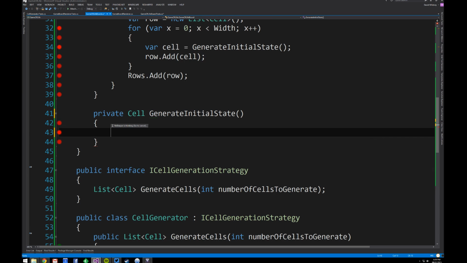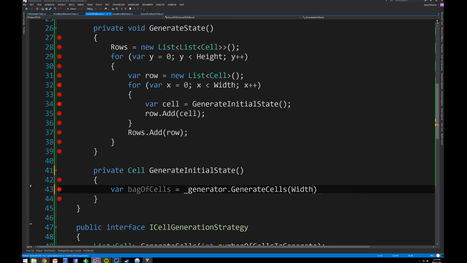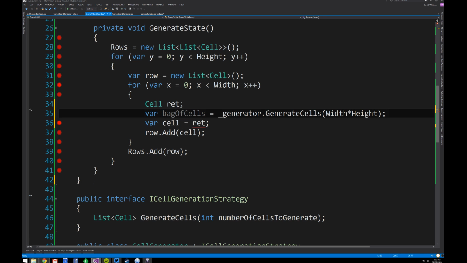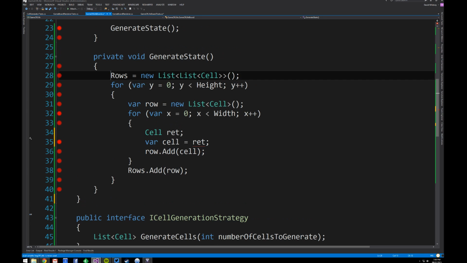I want to say generate cells, bag of cells, sounds like a bad joke, generator, generate cells. I want to get enough cells for everything, so width times height. Great, and then generate initial state, so this is going to give me, right, so first let's inline this. Actually I want a bag of cells at the start here,